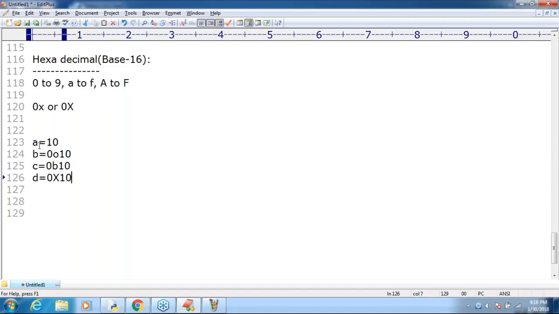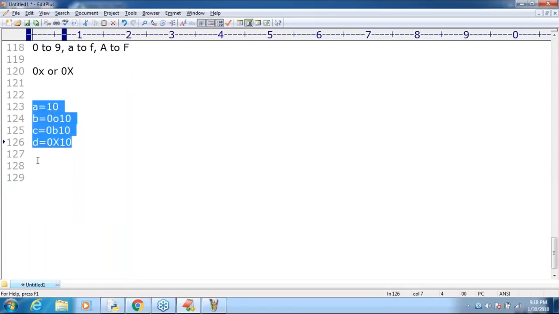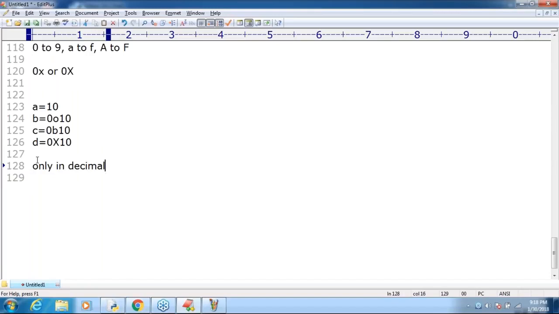So make sure we can specify either decimal form, octal form, hexadecimal or binary, but Python is always going to give the output only in decimal form. If you print using a Python program, you always get only decimal form by default. Clear, right? Is any explanation required? Okay, that's all. This is about the first data type, int.